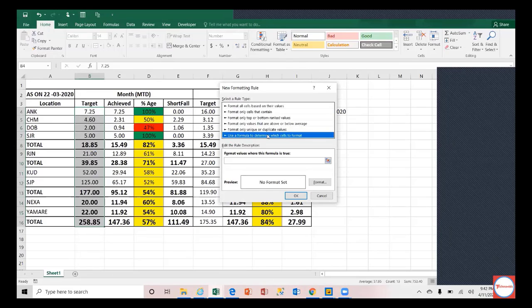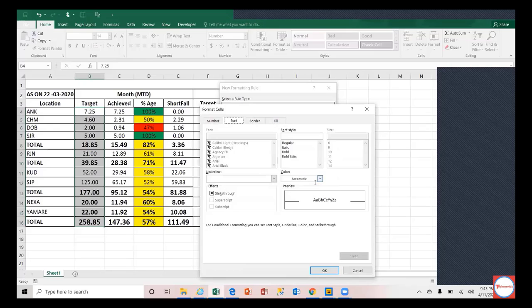So I want to format this if the value is greater than this. If C is greater than B, then only I want to format this. If the C value is greater than this value, then I want to apply some formatting. That's what the formula is about.